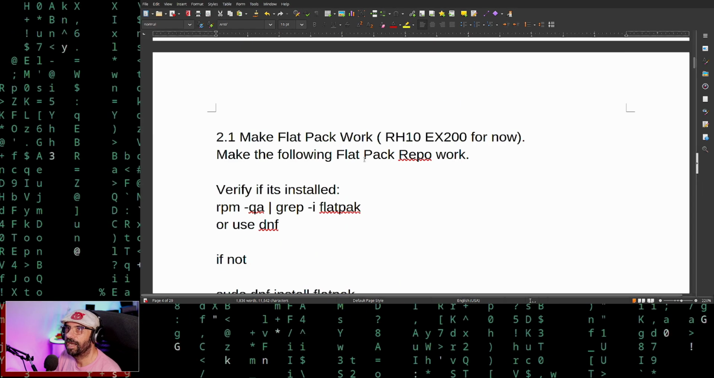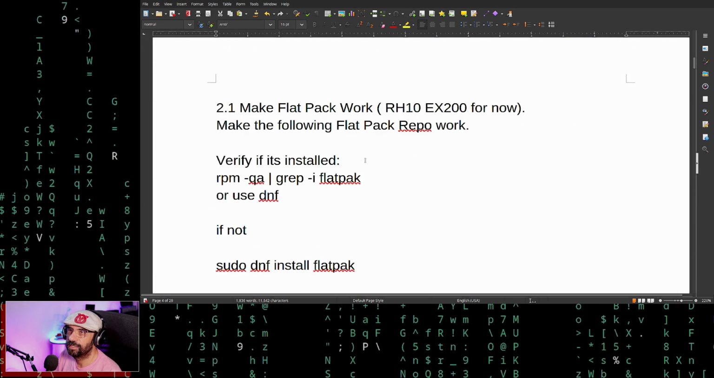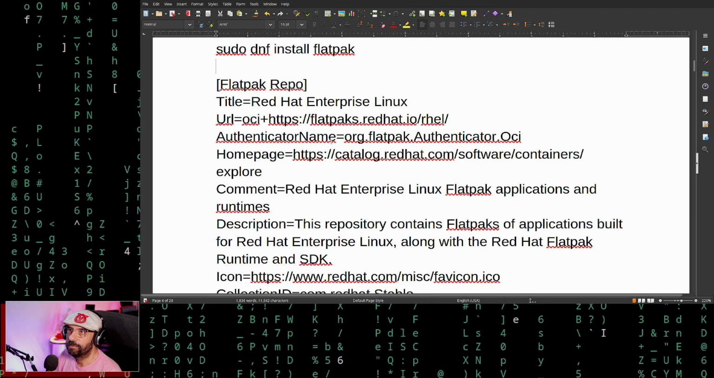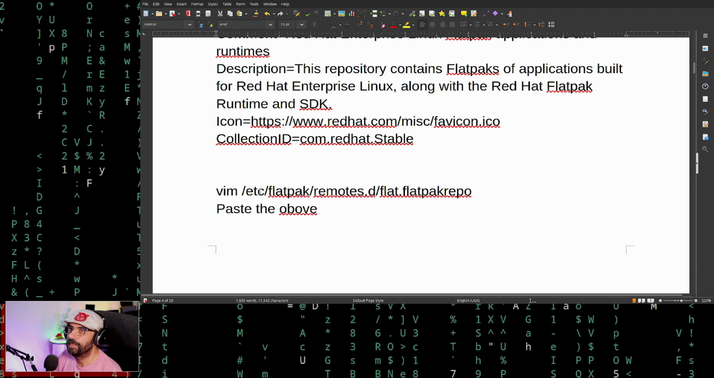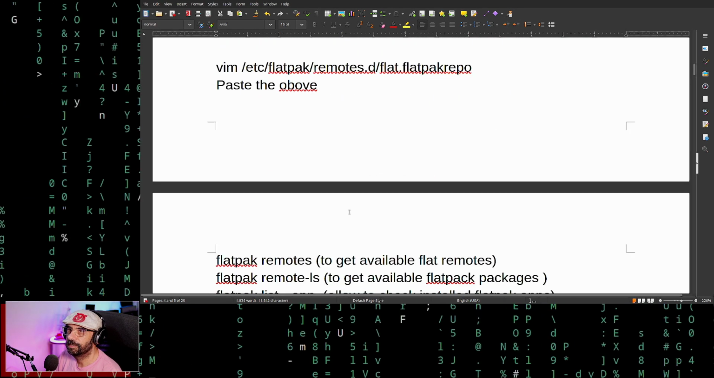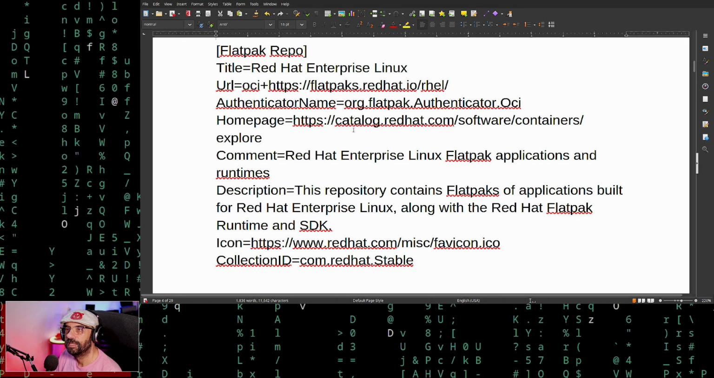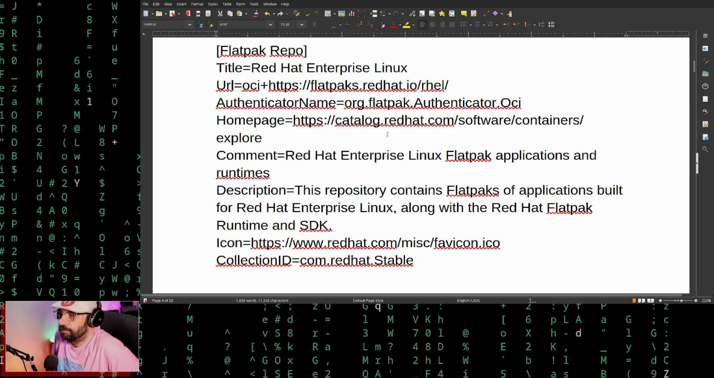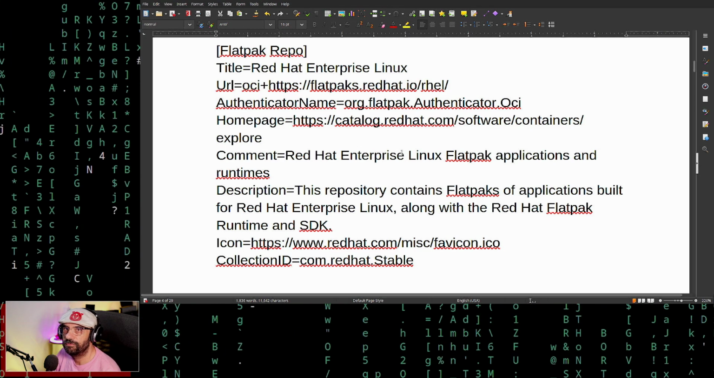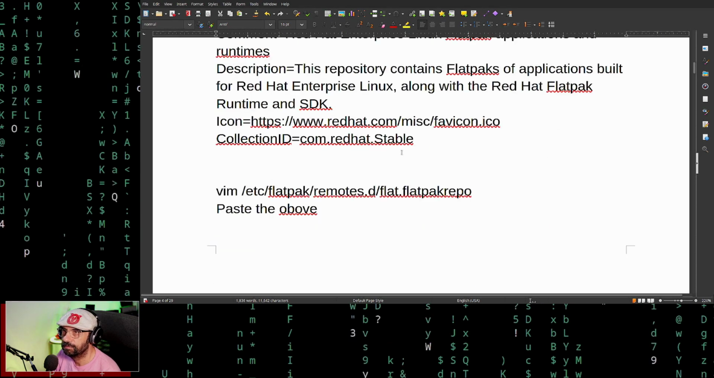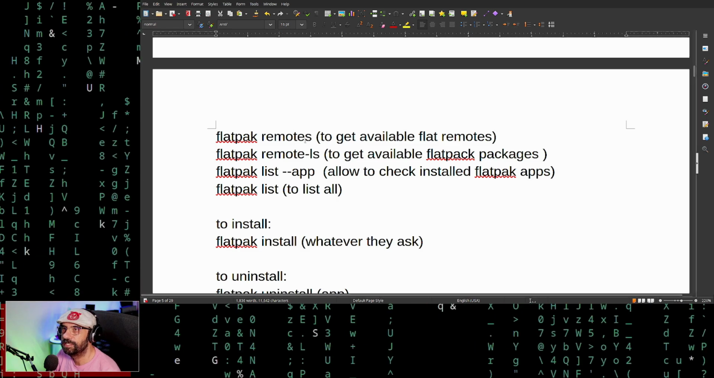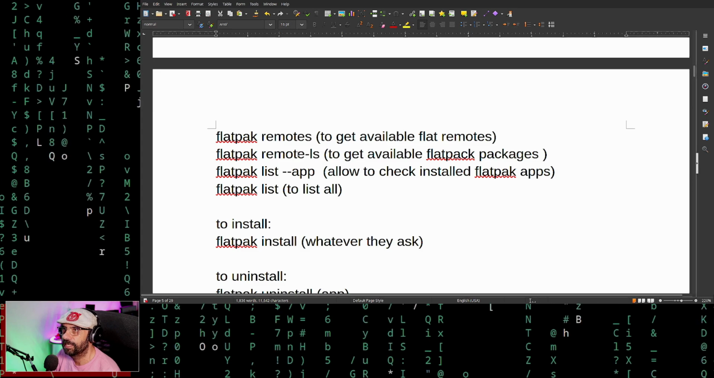This is going to be done after the repo step is done, so you can install it if you don't have it. You will enable a repo. In this case, we are enabling the repo in the etc FlatPak remotes directory and creating a file there and pasting an example repo. In the exam you should have none, but if you have one of the official ones there that are paid, just remove it. Then you'll do FlatPak remotes to list the available remotes,